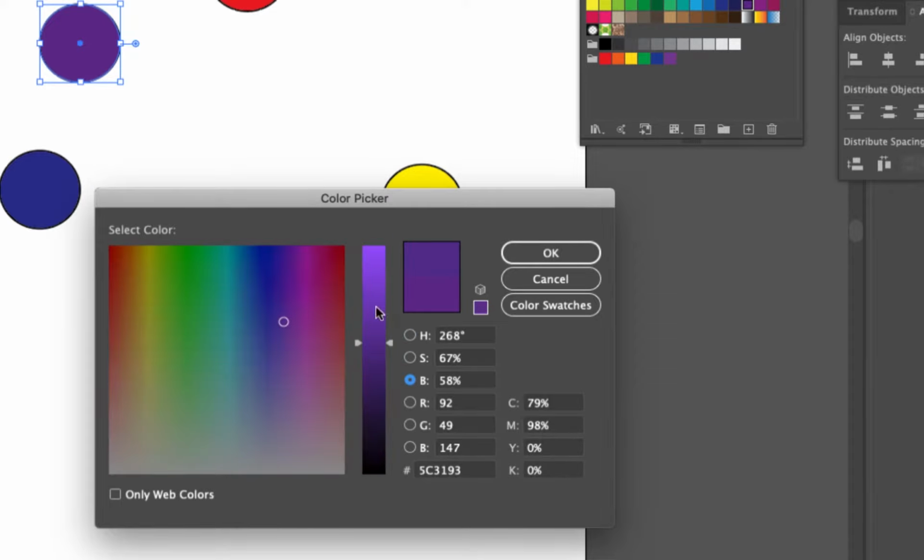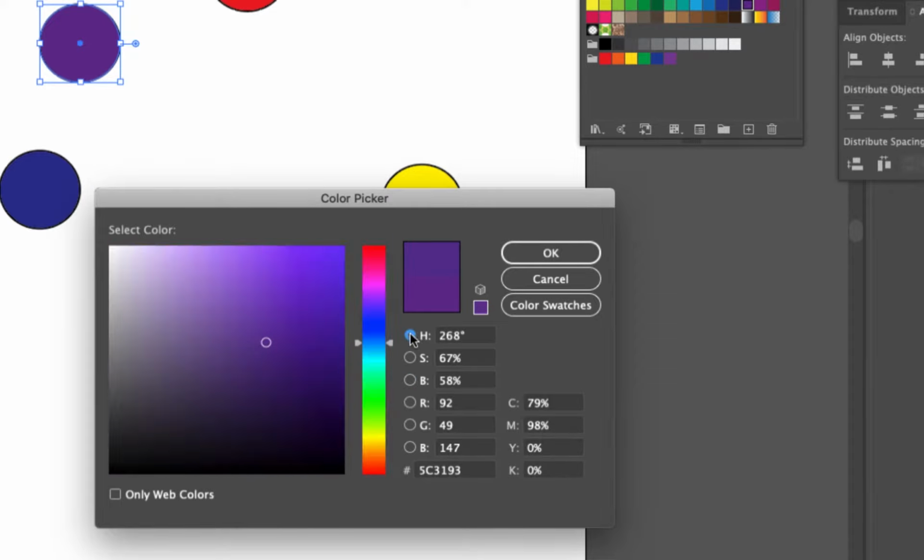But normally we have it on hue, so we can choose a hue. I can choose purple here, and then when I drag the circle around over here, it's changing the saturation and brightness together, which changes the value of the color. So I can have a lighter color tint, or I can darken the color, deepen the color up.